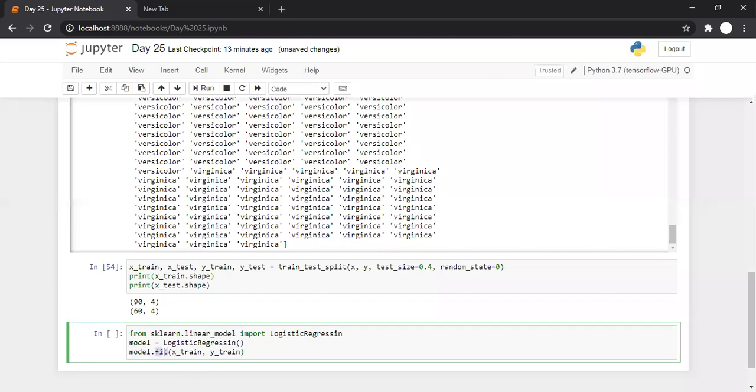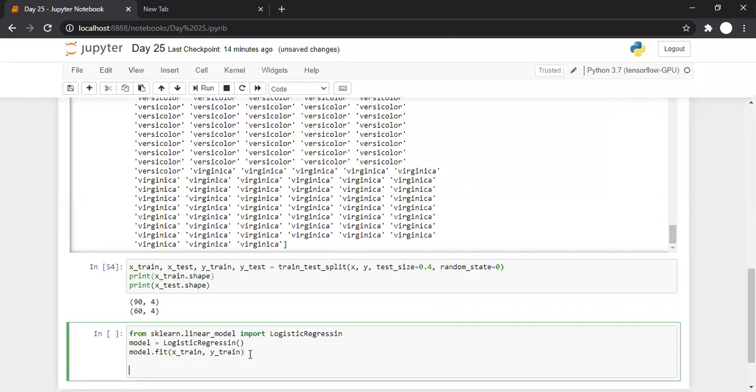When we call this method, it does all the numerical calculations required to build logistic regression internally and keeps all the records ready so they can be used for predicting. So fit means training the classifier, and training the classifier means doing all the numerical processing required by logistic regression. And once it is run, we can check the model efficiency. For that we can use a method called score.